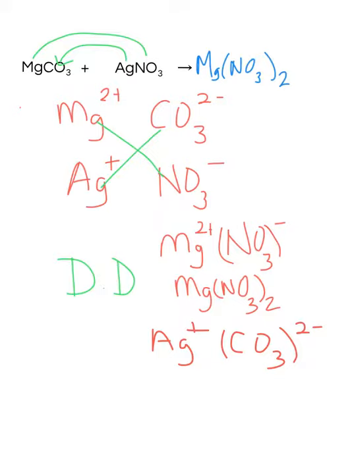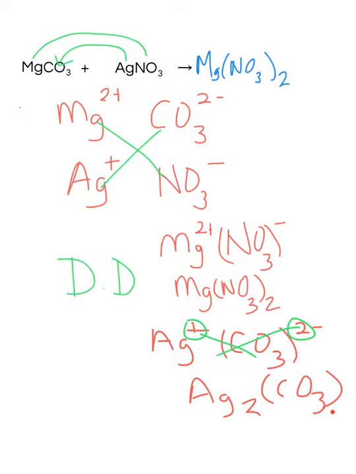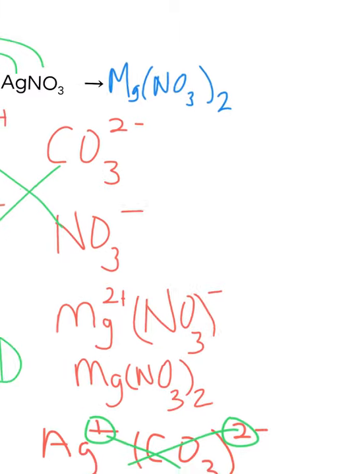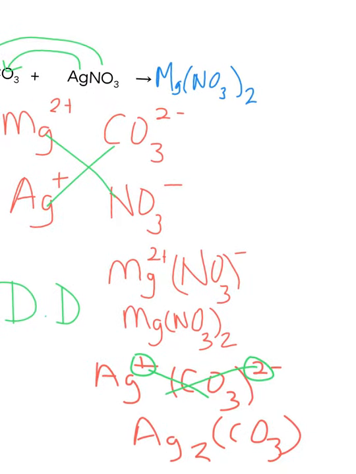And when I cross these charges down, then the resulting formula is Ag2 bracket CO3 bracket. And we've talked in class about how if there's no value outside of the brackets here, once I knew my crossover rule with the polyatomic ions, then the bracket doesn't really need to be there. And so given that, let me write my final product here. Oopsies. That would be Ag